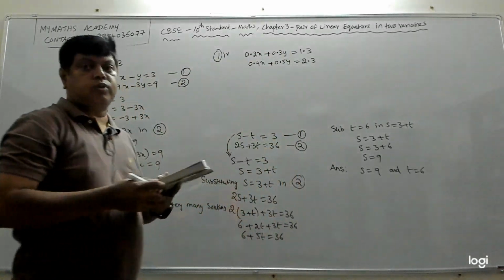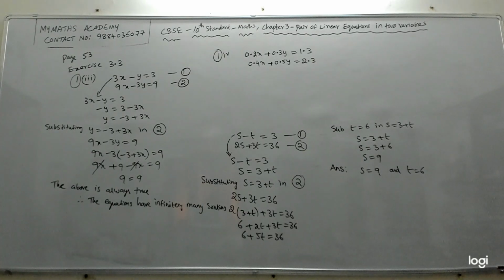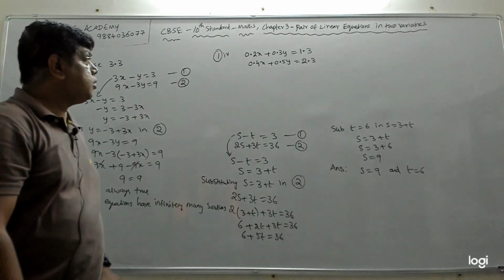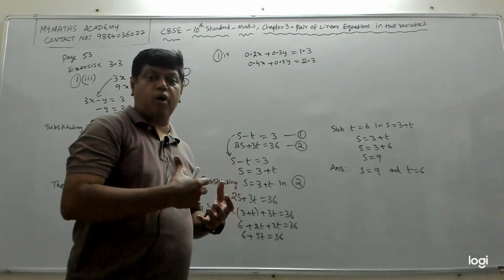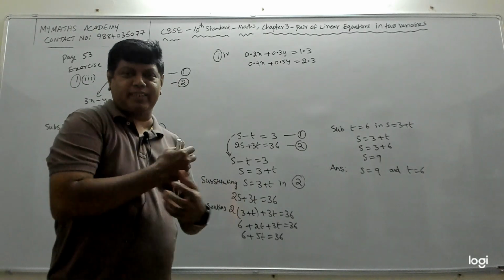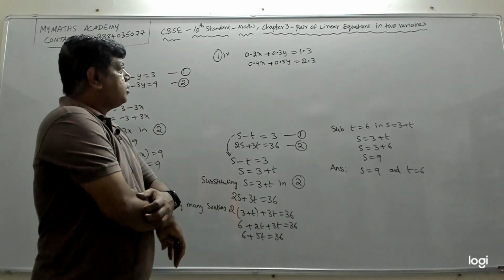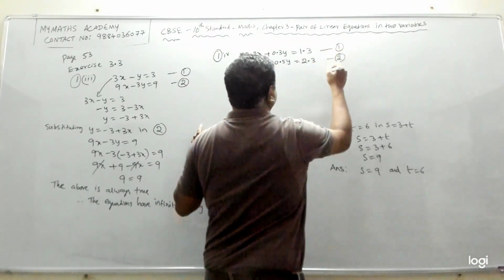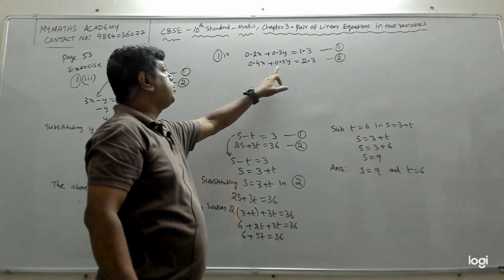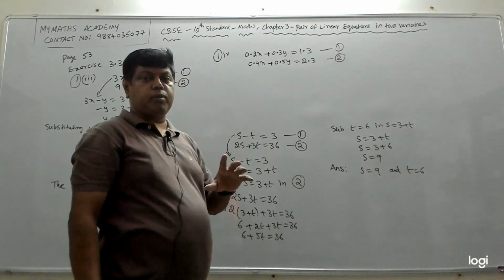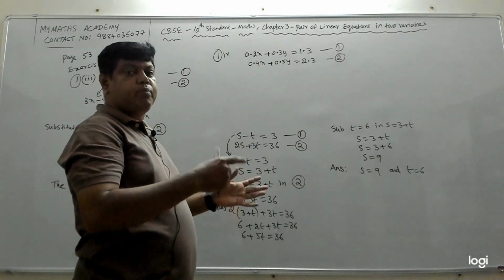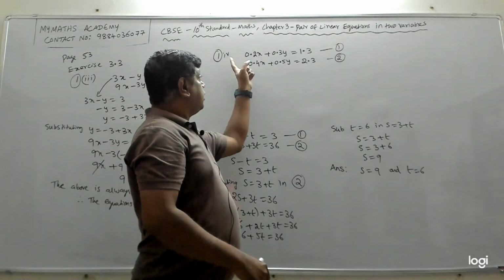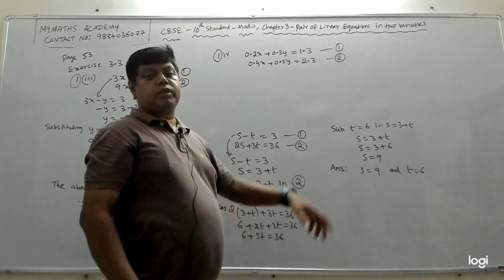Fine. So these are given in terms of decimals. But don't get scared, because generally when we get decimals or square roots or fractions, we always get scared, right? It is pretty simple. Again, we can remove the decimal. Everything has how many decimal places? One decimal place. So in this case, you can multiply all these decimals with 10.